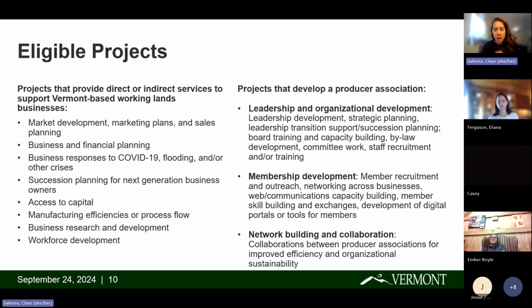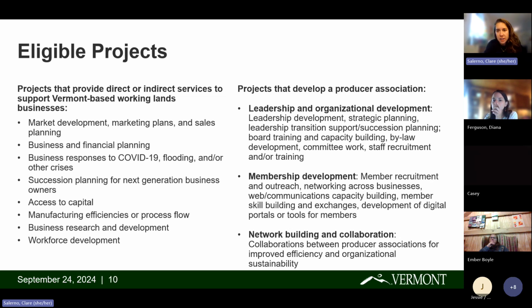So that might be working one-on-one or in groups with businesses to do market analysis and development or marketing plans, doing business and financial planning, helping businesses respond to COVID, flooding, or other crises that have been coming up, working with businesses on succession planning, working with businesses on access to capital, helping businesses think through manufacturing or process flow, broader business research and development, and workforce development activities.